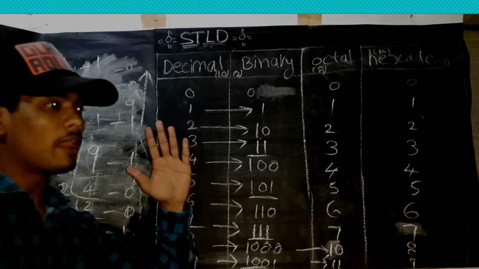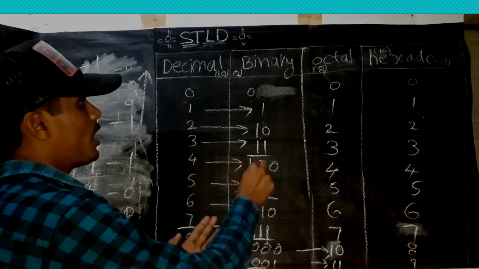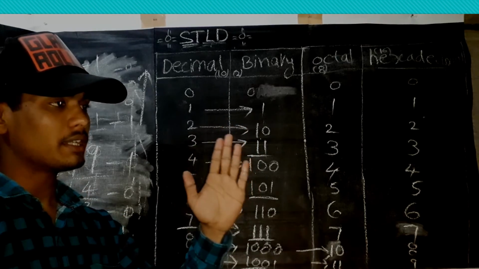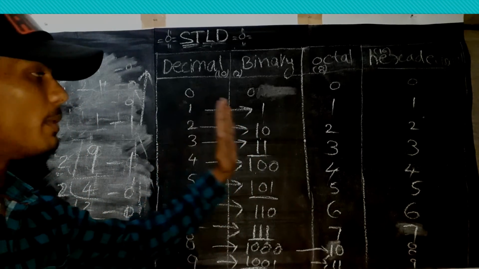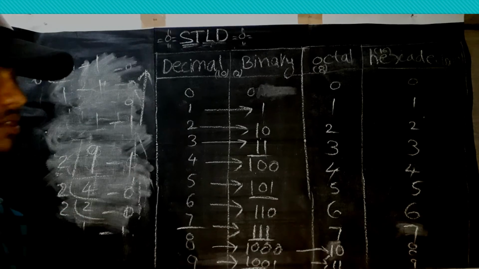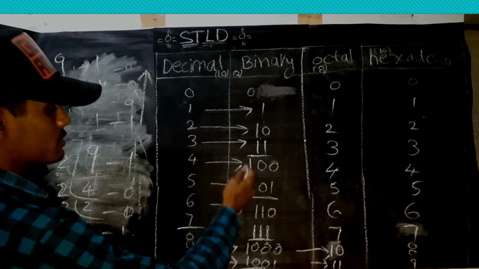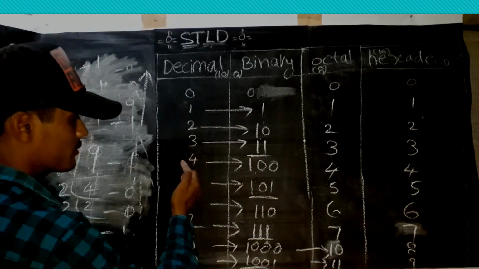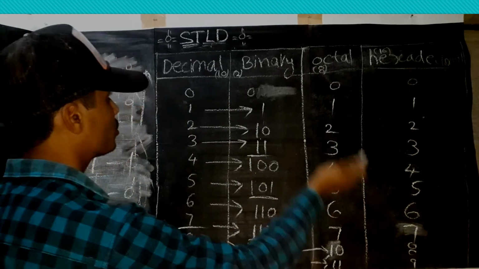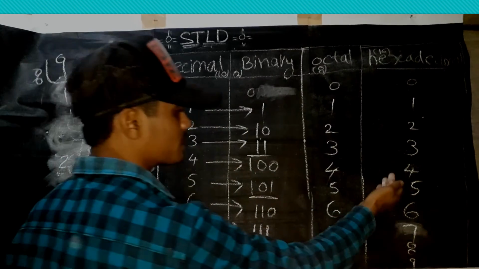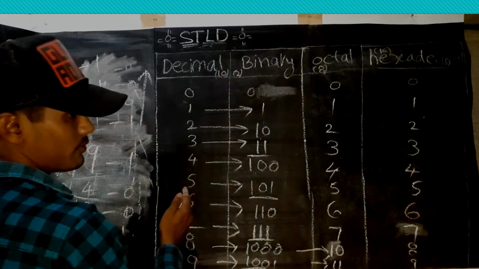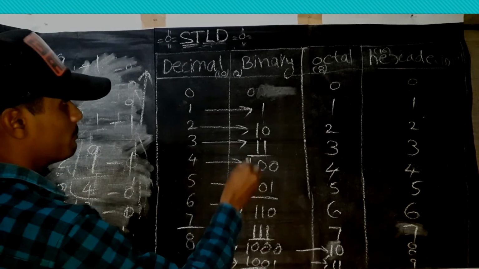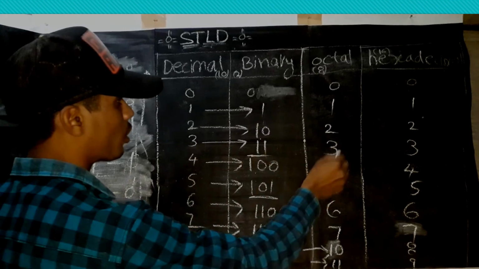This is the simple way to convert decimal to binary number system. We use our fingers for calculating the conversion from the decimal number system to the binary number system, which is a very easy conversion. Similarly, there is an alternative conversion from binary to decimal. Similarly, octal to decimal, and hexadecimal to decimal. There are conversions such as decimal to binary, binary to decimal, decimal to octal, octal to decimal.